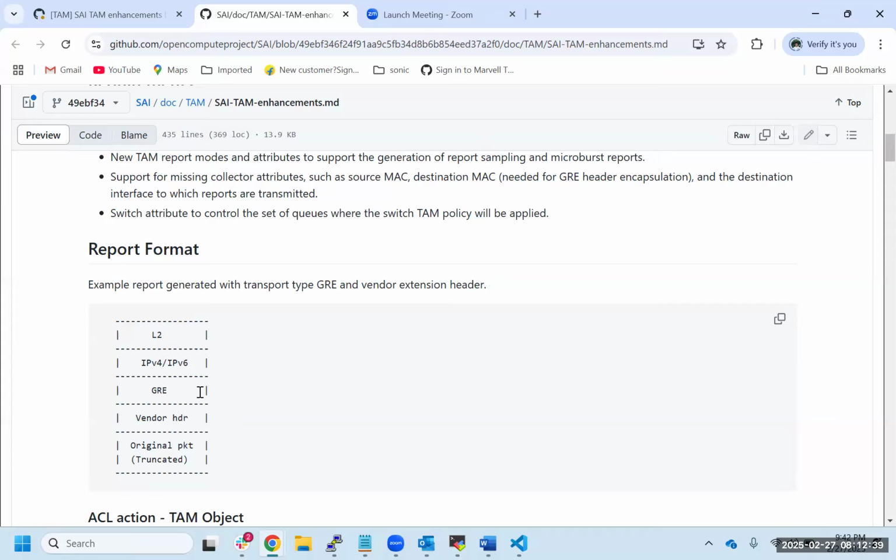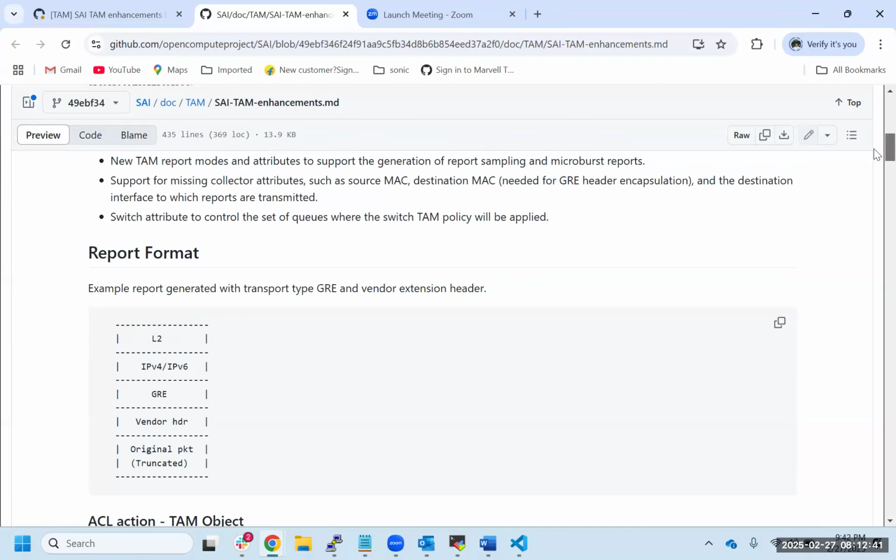For us, Jay, we are using our own protocol type, a custom protocol type. Our vendor protocol type. We are not using 0x88EB or the 22E, right? ER-span 3 or ER-span 2. We are not using those GRE protocol IDs. We are using our own because of the vendor extension, because of a vendor format. That's what we are doing.